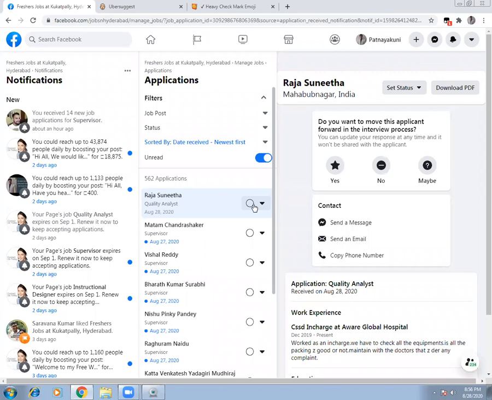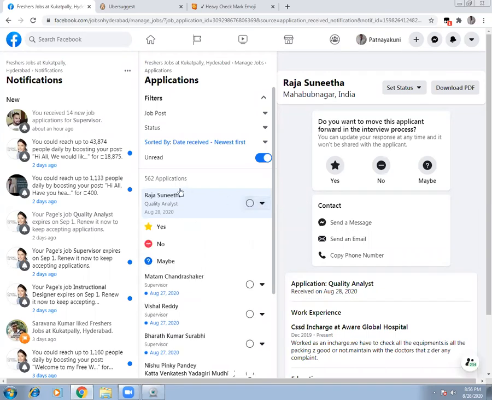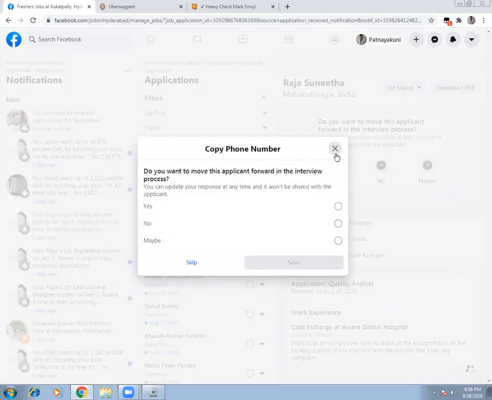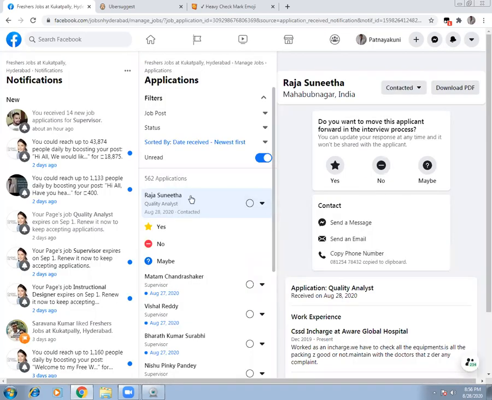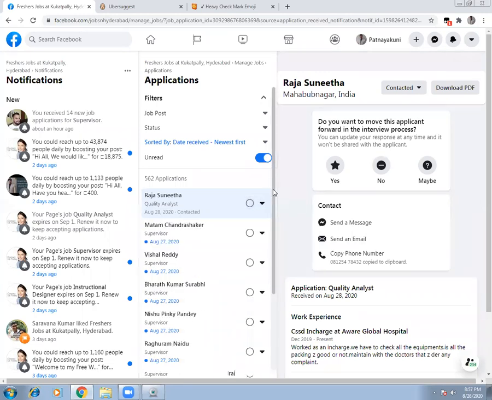get reduced. When you actually open any of them, and when you check their profile, when I say copy phone number, then you just go there. When you have actually opened something, this will again get reduced after some time. Once you are done, once you change the status, whether contacted or interviewed, I don't want to do that right now, because maybe I need to review this profile, because we have openings for quality analysts. So I need to review the profile, I need to talk to them, and then if they're shortlisted, then accordingly I'll do it. So basically, that is exactly the power of Facebook advertising.